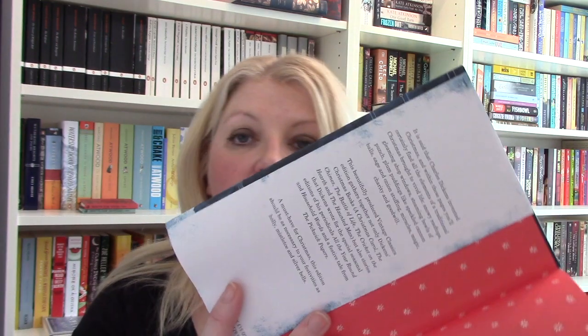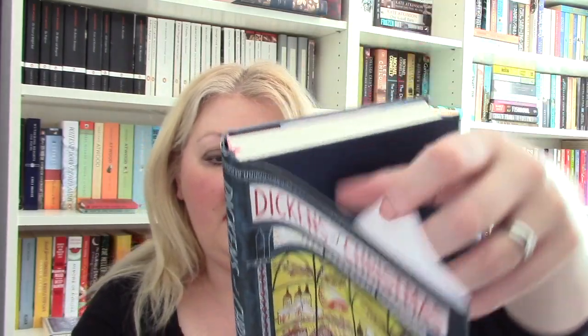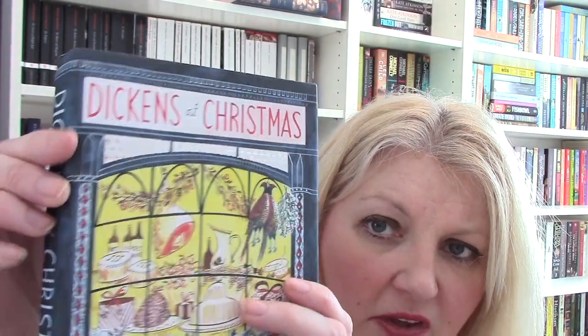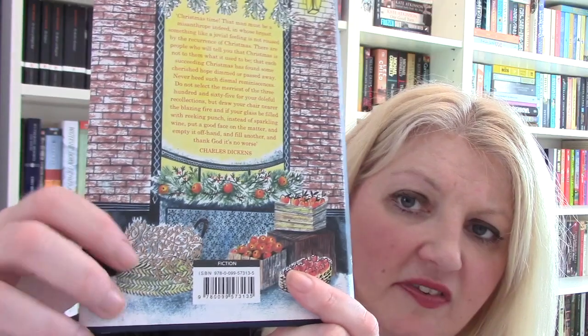Beautiful. And this is a collection of Dickens Christmas stories. The end papers are just beautiful red with little designs that give the impression of snowflakes. And then it's just plain blue with silver embossed Dickens at Christmas. But yeah, absolutely beautiful. And there are little shiny bits on the cover that get picked up. If you can see the little detail there, this bit is actually shiny. I don't know if you can see, it doesn't pick it up that well. And again, the little basket of, I'm not sure what it is, some kind of plant, all shiny. So yeah, absolutely beautiful. The next one is the first in the Sidney Chambers and the Grantchester Mysteries series,